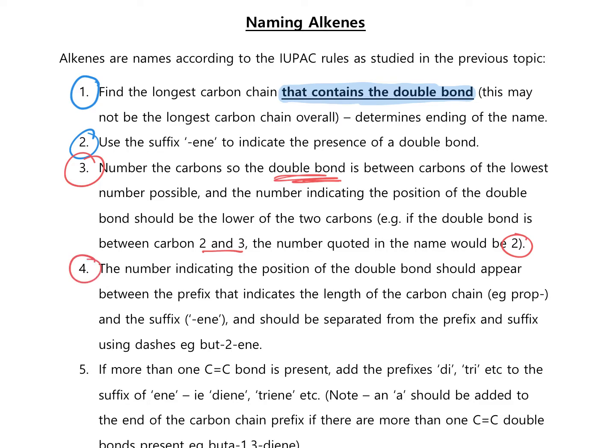Rule number 4 is also to do with the name, so you can circle that in red as well, or the colour that you've chosen. The number indicating the position of the double bond should appear between the prefix that indicates the length of the carbon chain, for example, prop for 3, and the suffix -ine, indicating that it's an alkene. It should be separated from the prefix and the suffix using dashes, because we know that numbers are separated from words by dashes. So if we had but, that means there are 4 carbons in the chain, and our double bond was between carbon 2 and 3, we would call it